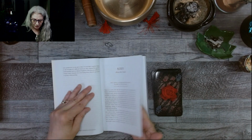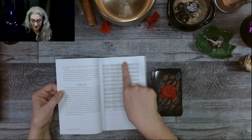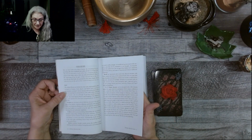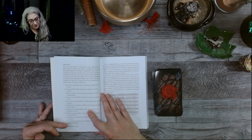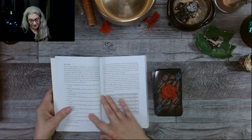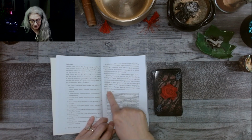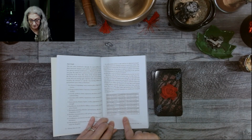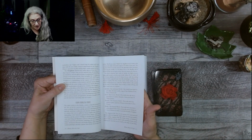C.S. Lewis. Oof. Then we have the majors here, and we've got planetary and zodiacal correspondences, and then the Hebrew alphabet. And we have the minor arcana, the suits, the suit cards, and so we have broken down through number what all the aces mean, the twos, the threes, that's always appreciated, and another table here where we have the astrological signs and the card that they resonate with. Aries, Cardinal Fire, 2, 3, and 4 of scepters. All right, so we've got tables with all the correspondences, then we've got court cards using Kabbalah and Tarot,